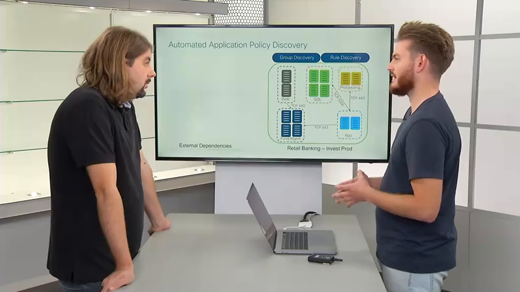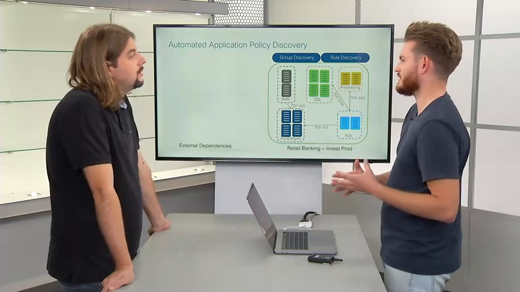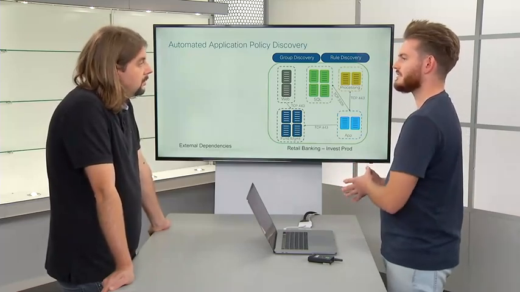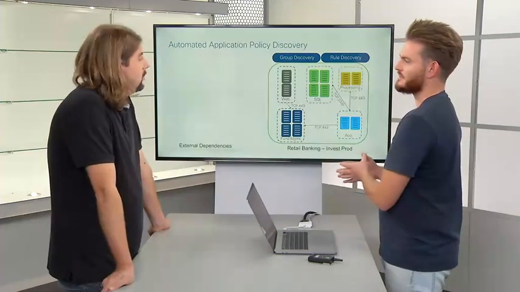Yeah, there's lots of different ways that you can use the term discovery. We think it really does need to have both parts of that equation to really be automated discovery. If you're providing me the grouping of the endpoints and all you're doing is working out the rules between, you're providing me some value, but really the hardest part for many customers is working out exactly which endpoints are needed to be grouped together based on their behavior. A lot of application developers just simply don't know that. Or maybe you might have an application that the developer doesn't even exist for anymore, or the team that built that application has moved on somewhere else. How, as an end user, are you going to be able to provide those groups? It's simply not possible. I see, yeah.